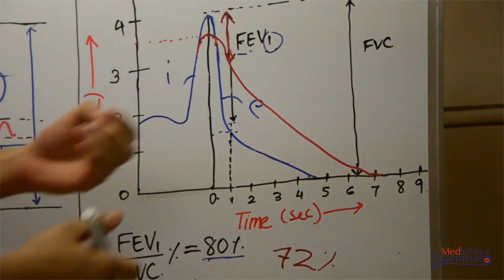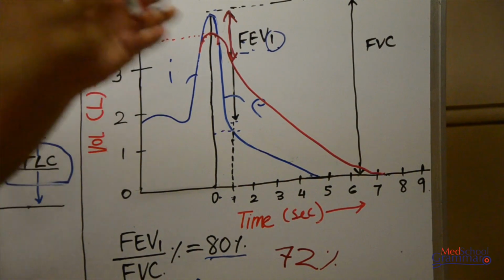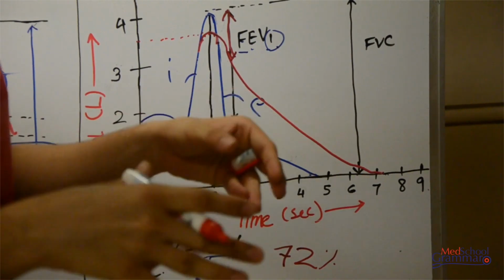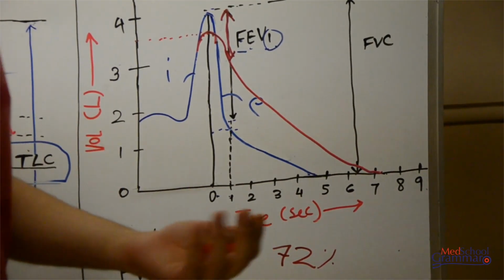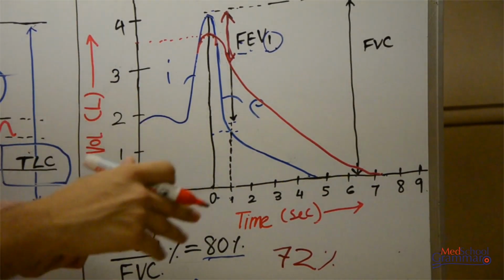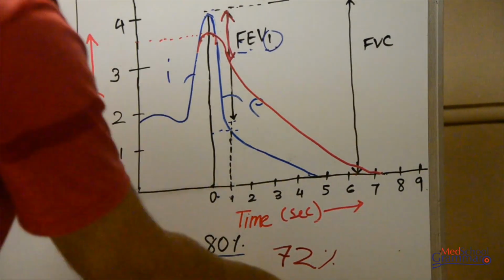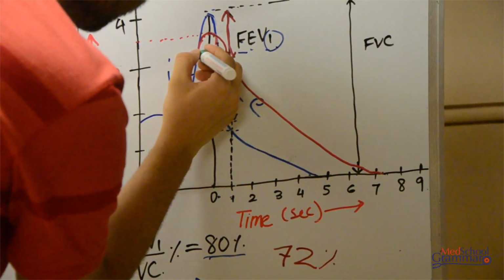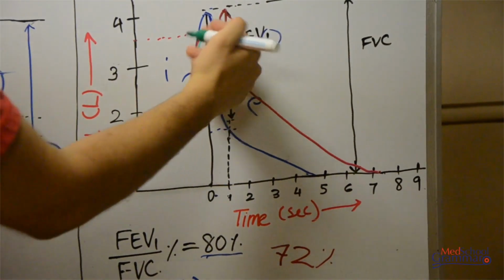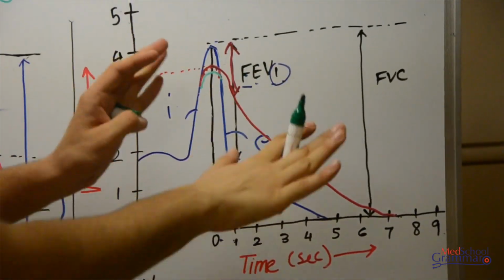Now coming to restrictive lung disease. As I said, in restrictive lung disease, the lungs are restricted by something, so that the expansion of lungs does not take place. If expansion of lungs does not take place, the volume of air that is inspired will decrease. So once again, the amount of air that is inspired will also decrease. I'm just showing this less than the obstructive one, but it may not be the case in everything. It's just so that I can represent everything differently.